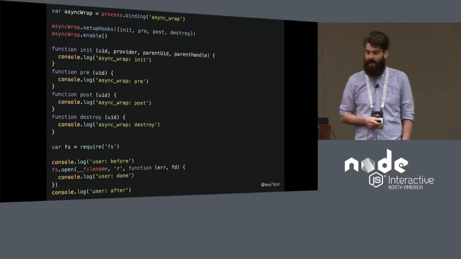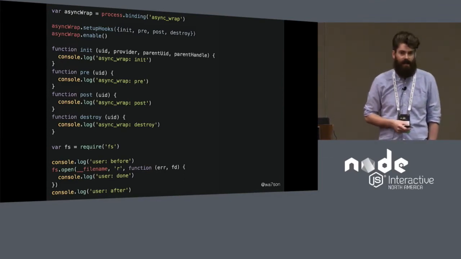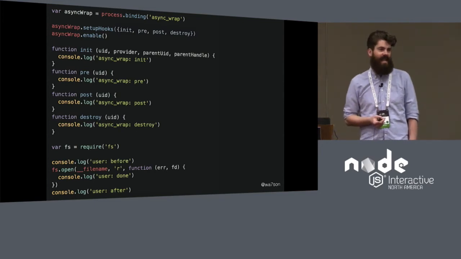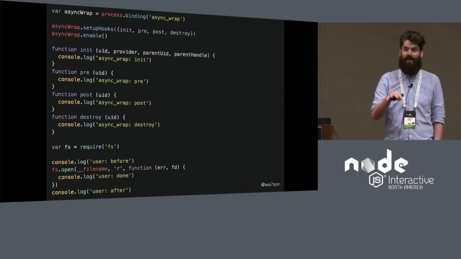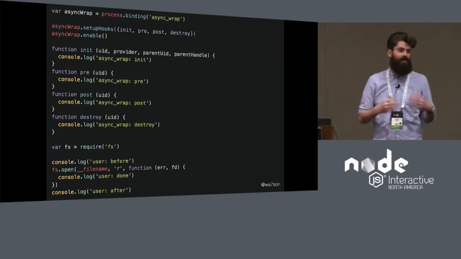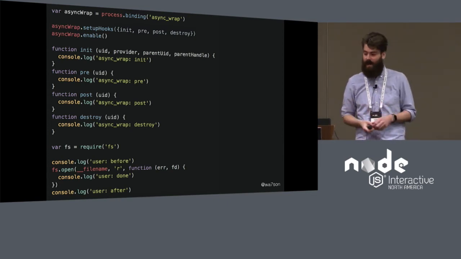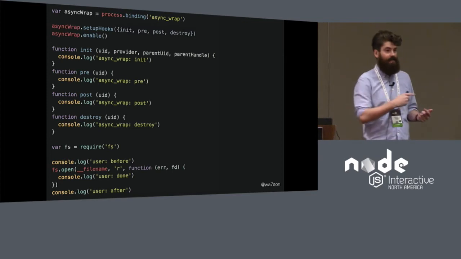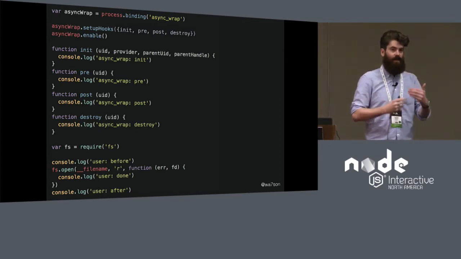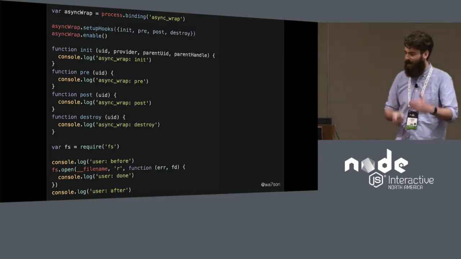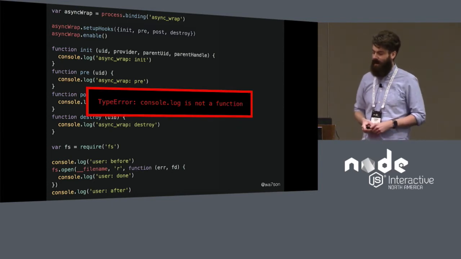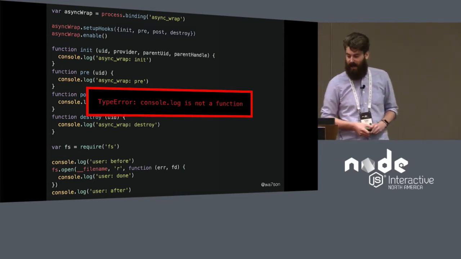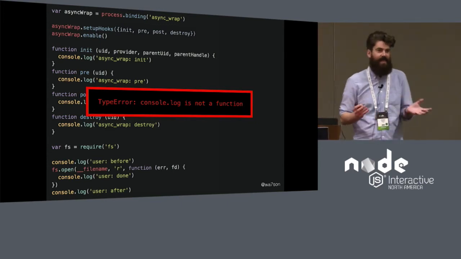So why am I using log and not just console log? The reason is, not many people know this, but console log is actually asynchronous. There's a lot of magic going on under the hood to make it appear synchronous, but in reality, console log is asynchronous. So what happens if you do something asynchronous inside of the init function? You'll get an infinite loop, because it will keep calling the init function all the time. So you'll get an error. In this case, we'll just say console log is not a function,